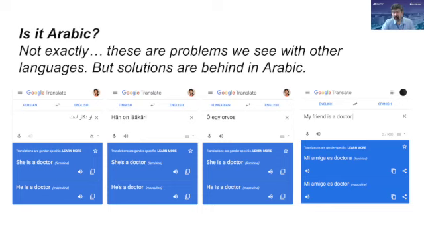But when you take a language that's more like Arabic in that regard, like, my friend is a doctor, in the Spanish system that they translate from English, it would actually say, amiga and amigo is doctora, right? So it will generate the forms for you. In Arabic, it still doesn't do that. It's not an option that it provides.